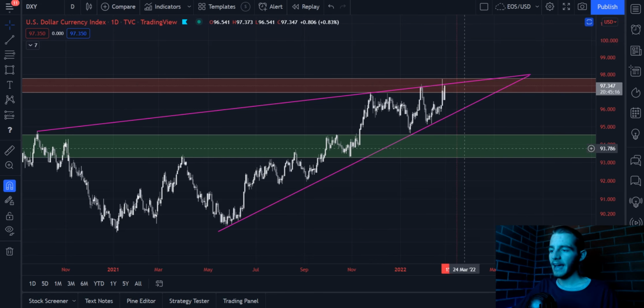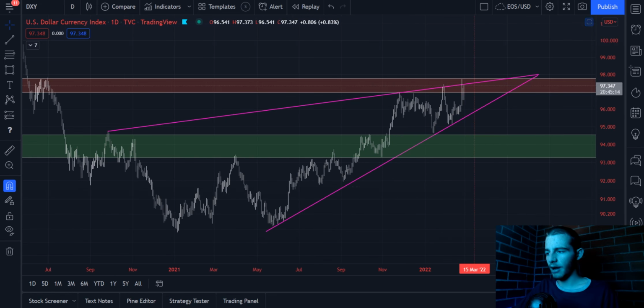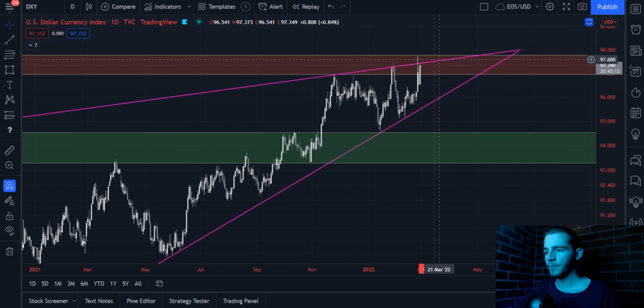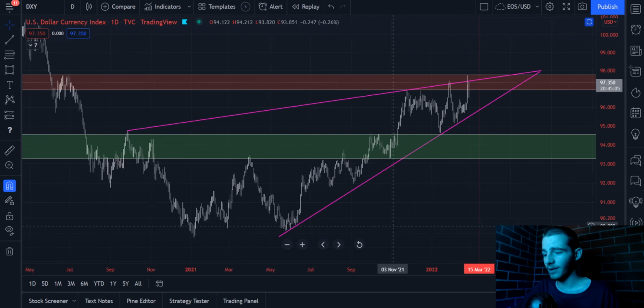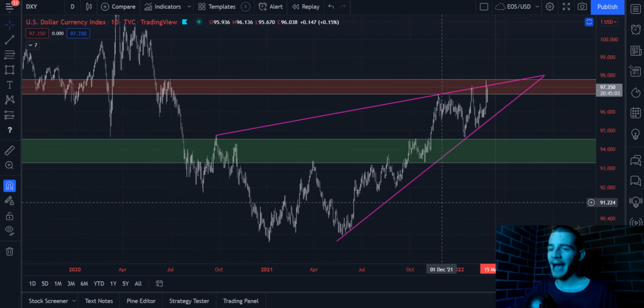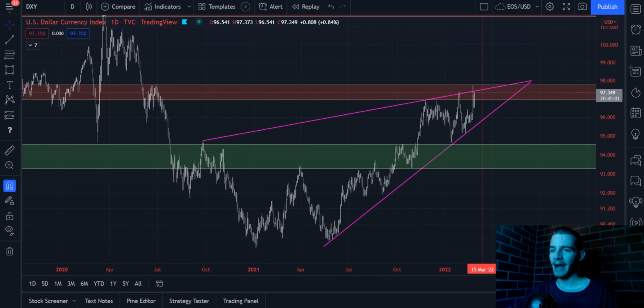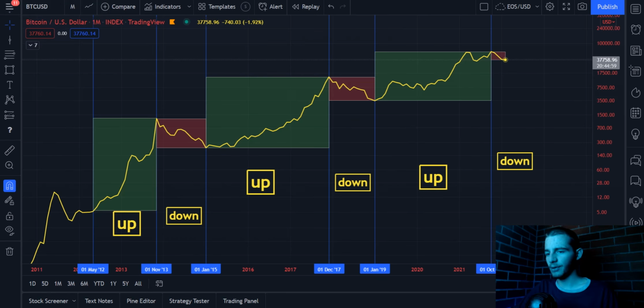And that's why everyone should be looking at this chart right now. Go on TradingView, set it up the way I set it up. Look at the fact that we are literally a millimeter away from breaking upwards out of this wedge or breaking downwards below it, depending on what happens. And look at the longer term impact on a macro, larger scale that it has typically had on Bitcoin. The reverse correlation is undeniable. It is there. It is not a coincidence. And it's something we all need to be paying attention to.